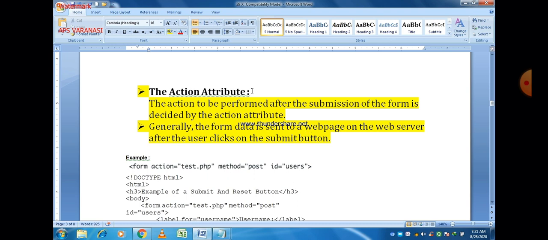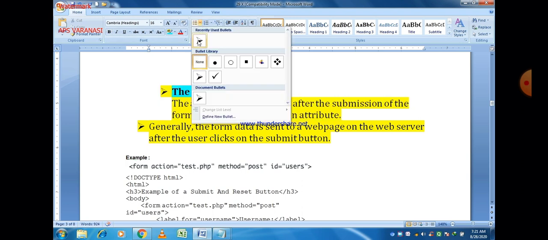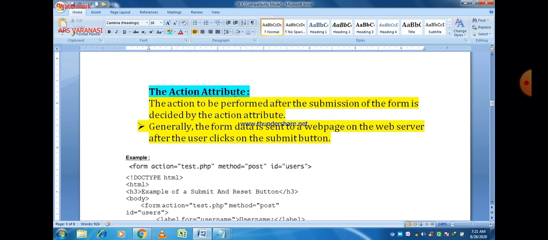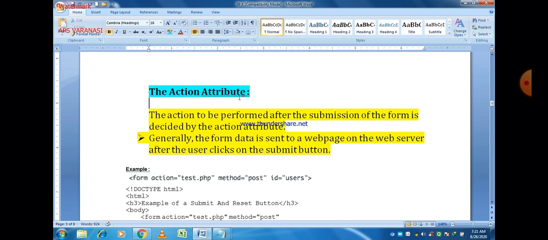So that is a very important attribute, the action attribute. It tells us what action to be performed when we press the submit button.